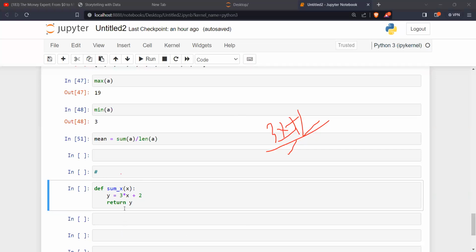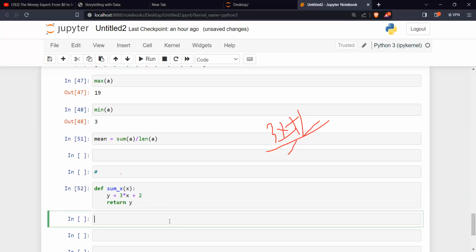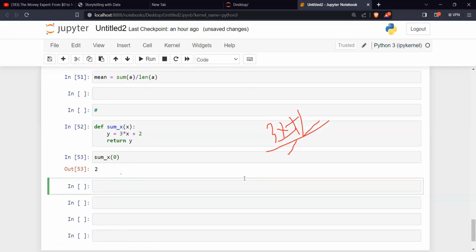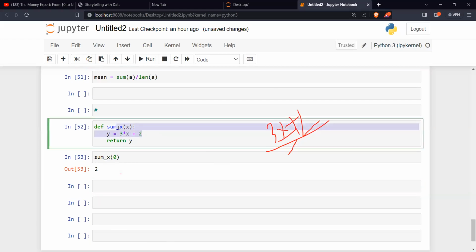So if I run this and call sum x, and I write 0, what will I have? 2. If it gives me another thing, you know that something fundamentally here is wrong.